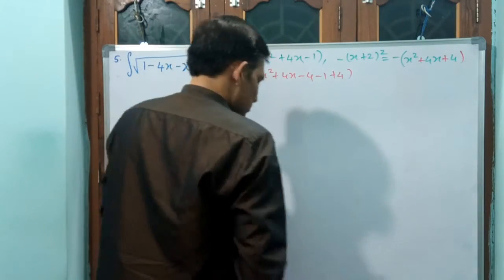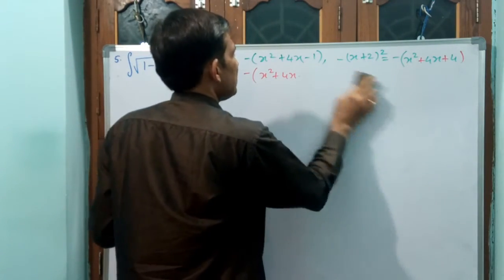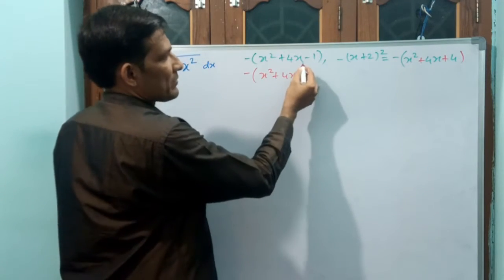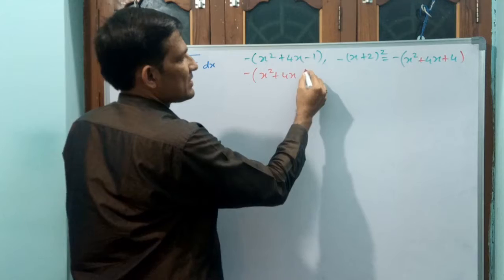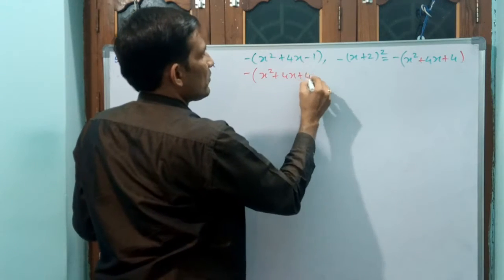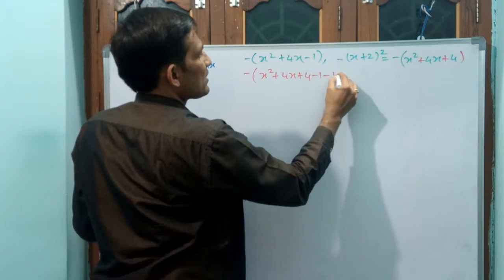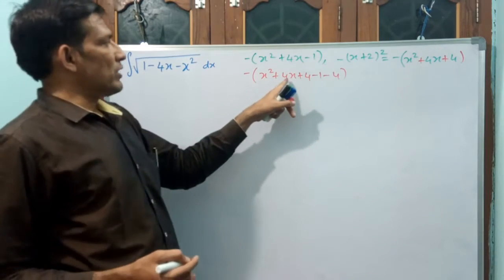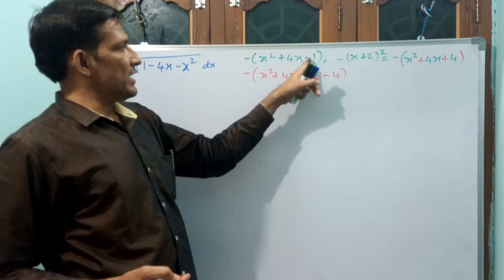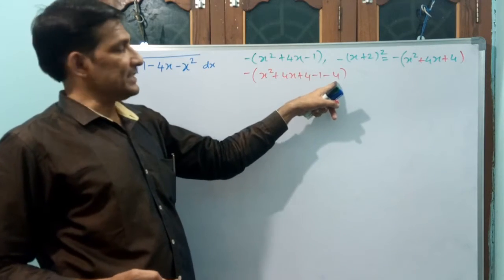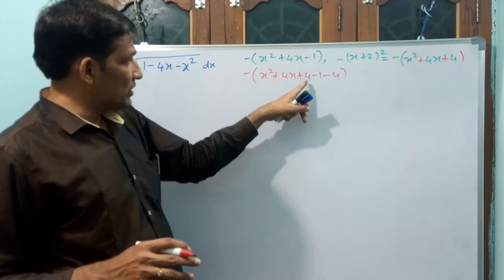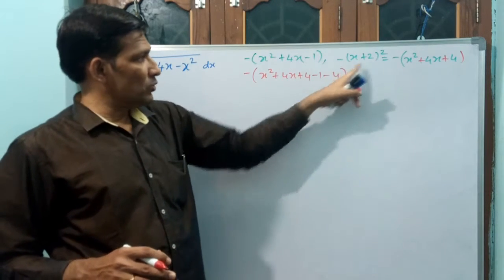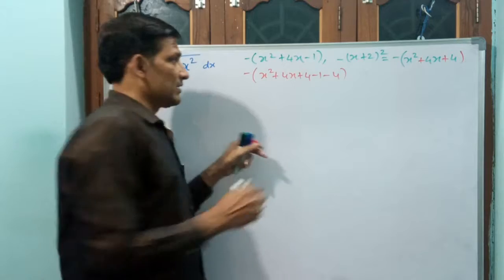But you require this one. Okay. See what I am doing now. Just a mistake happened. Okay, see. X square plus 4x minus 1 is there, but you have written plus 4. Minus 1 you require, then minus 4 you keep. Is it okay? Now you see x square plus 4x minus 1 is there, plus 4 minus 4 are going to get cancelled. Now you see this is up to x square plus 4x plus 4 is x plus 2 whole square, minus 5 is there. That you keep in your mind.